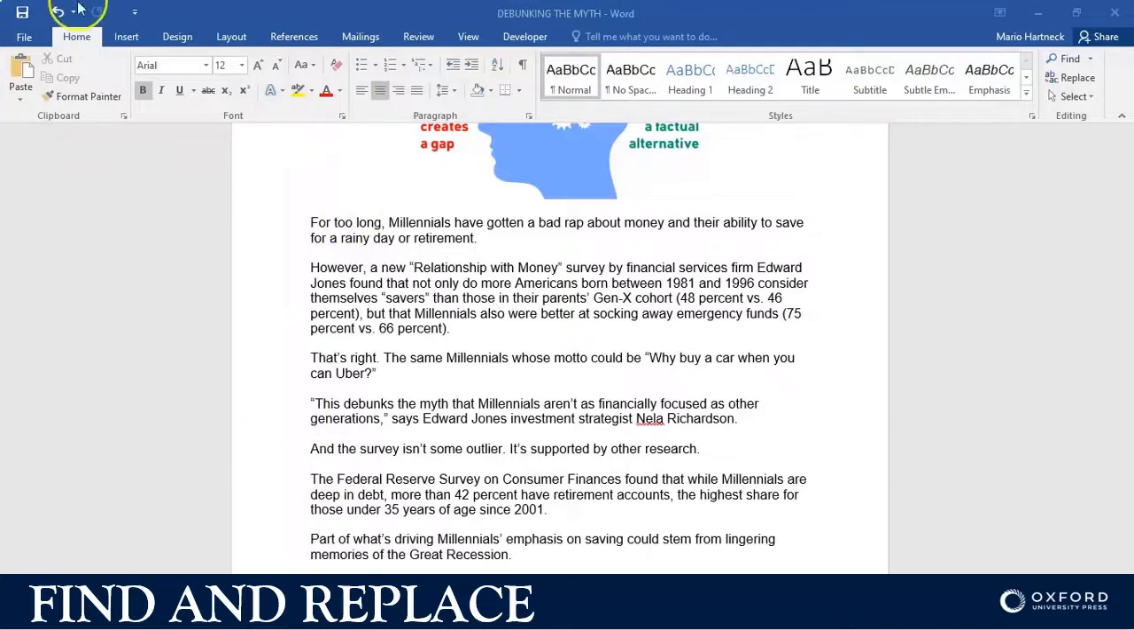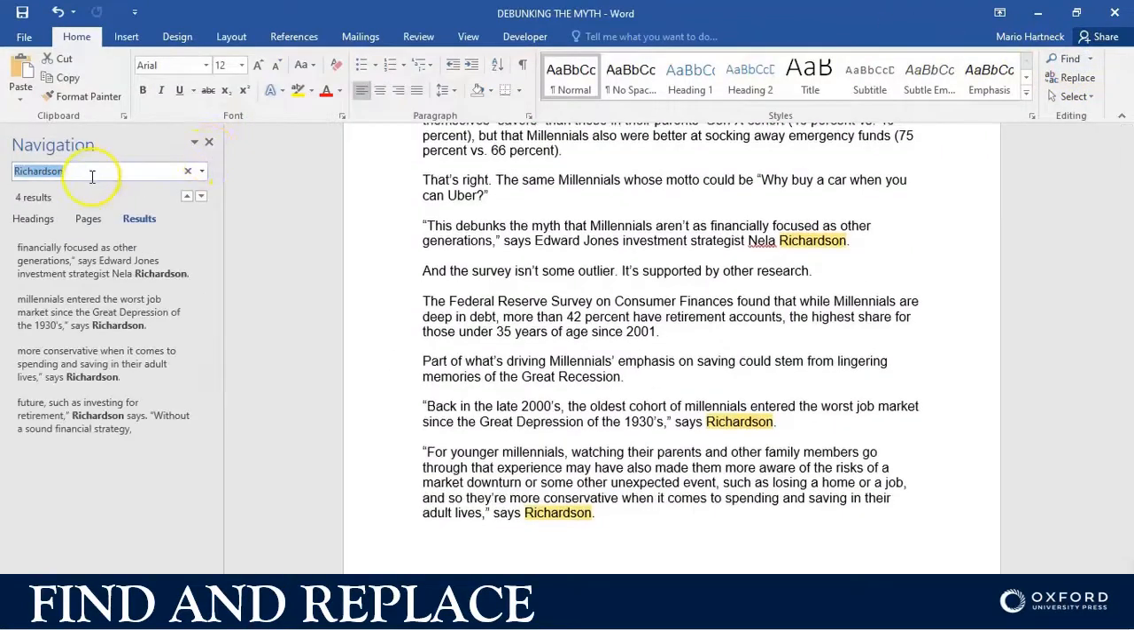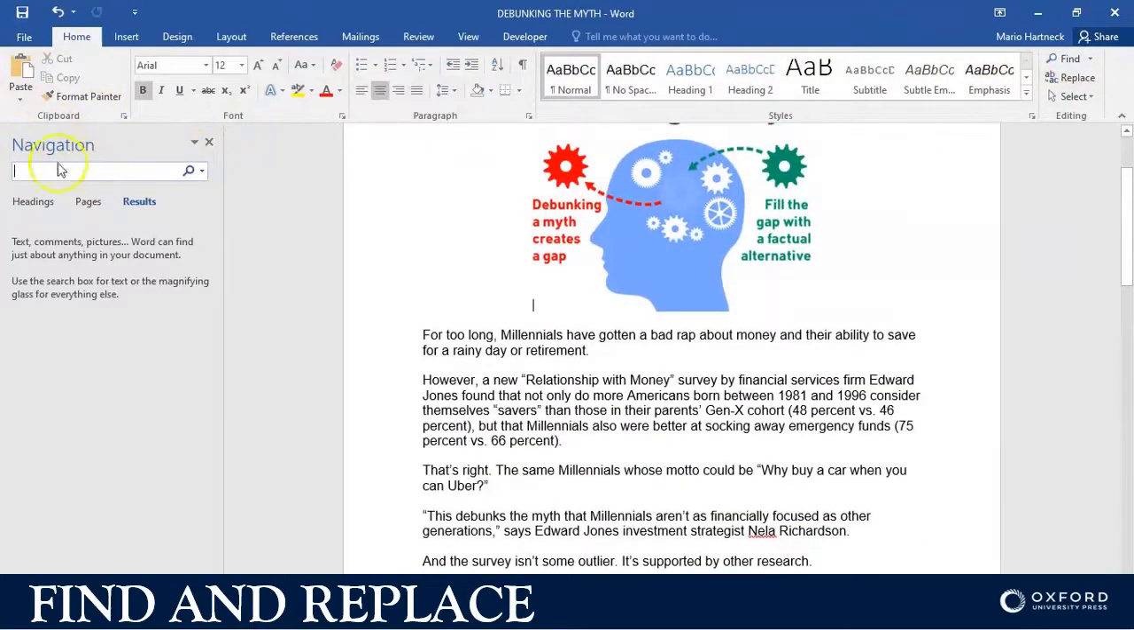To do that, you have to go to the Home tab. Click on the Home tab, and at the far right end of your ribbon, you will find the editing group, which has find, replace, and select, but we're just going to focus on find and replace. Find and replace are kind of like the same function. For example, if I click on find, I get the navigation option on my left-hand side,